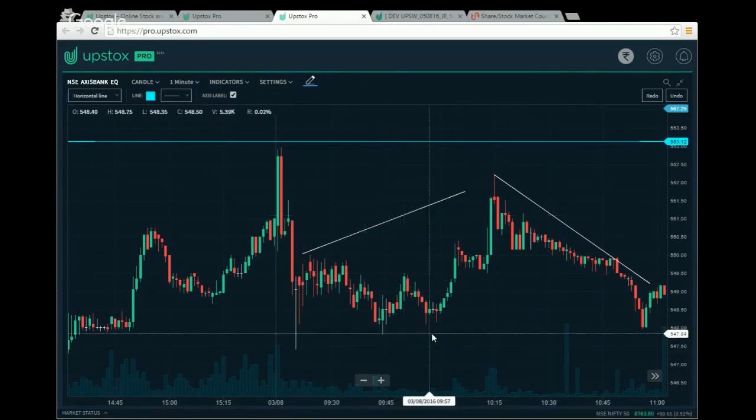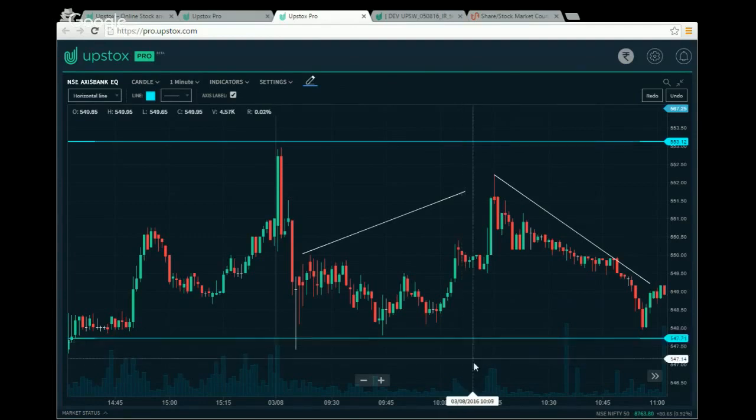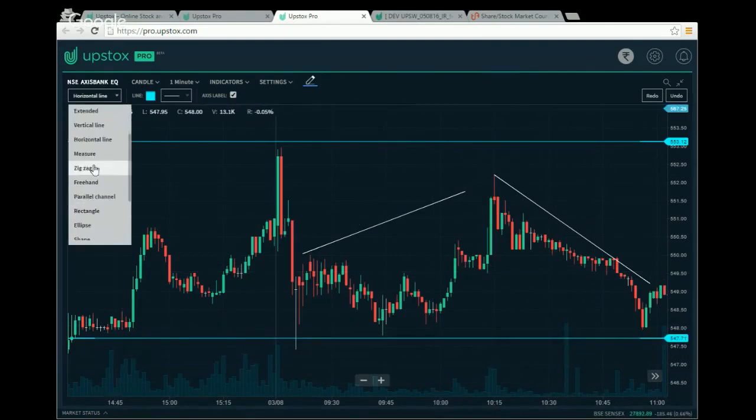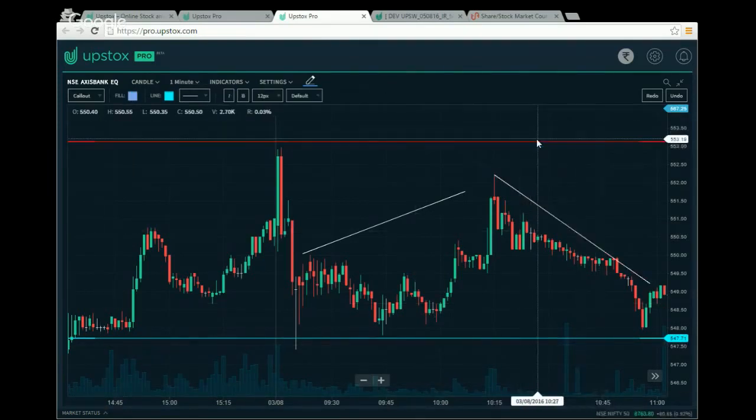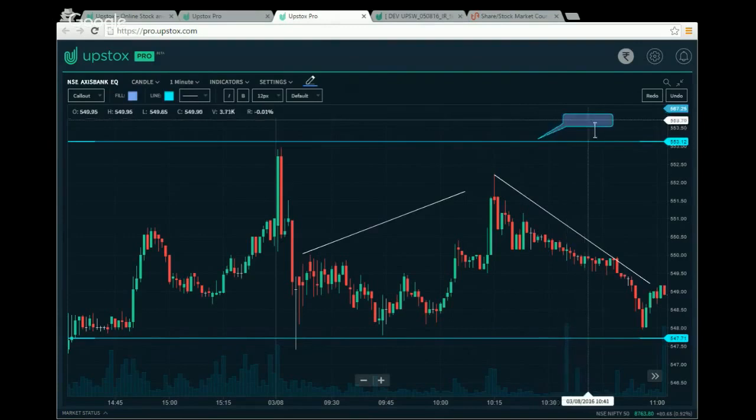Then over here, I want to place my support line. So I'll just click once again over here. So this is my support line. If I want to name this as a support line or something like that, I can use a call out feature or a text box from here. So I'll use the call out. So I'll click on this and I'll start typing,